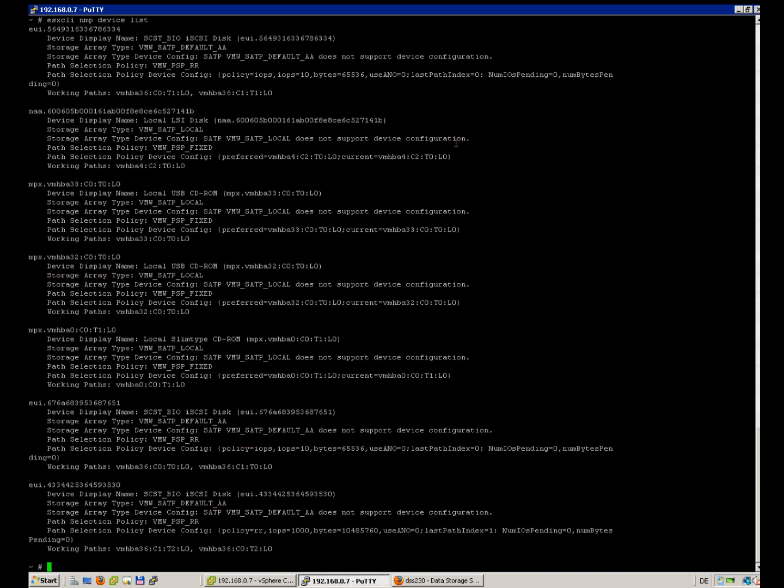So let us enter device. Okay, and now we are going to have a look at what's going on with the settings. So the next will be list. So you don't need to really remember. If you just enter it with something missing, it is showing you what is missing. So list, and now it is listing for us. I will make it big. Okay, it is listing us all the